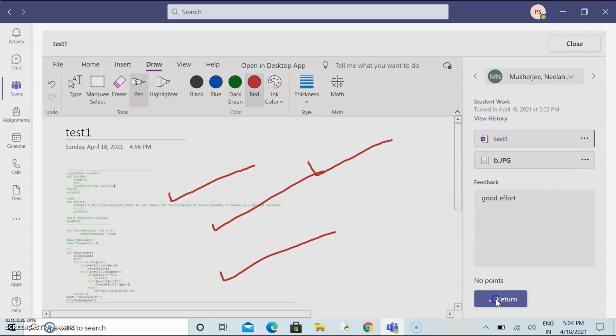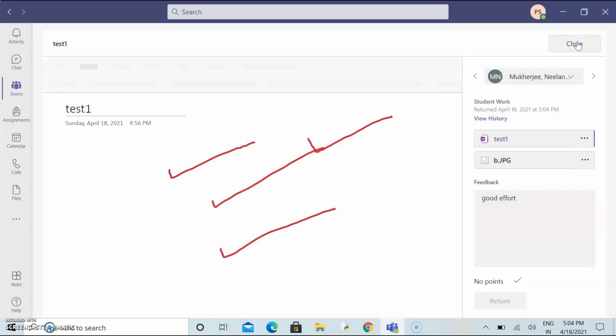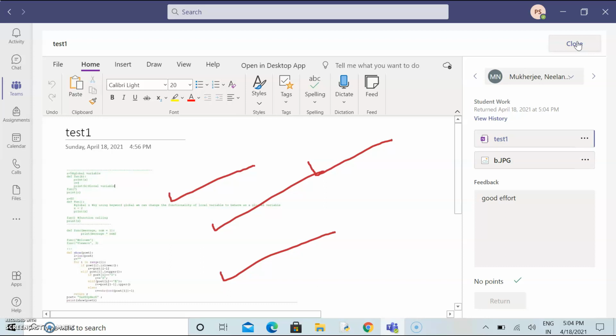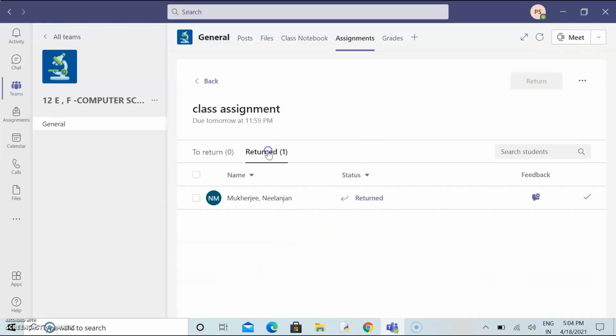After that, the teacher can click on the return button. The students will get the notification that all the answers which they have submitted through class notebook, the teacher has received, and given the comment also. I hope this much is clear to you.